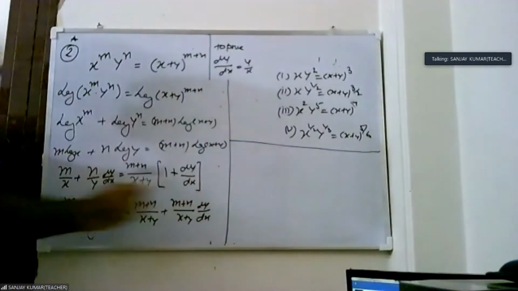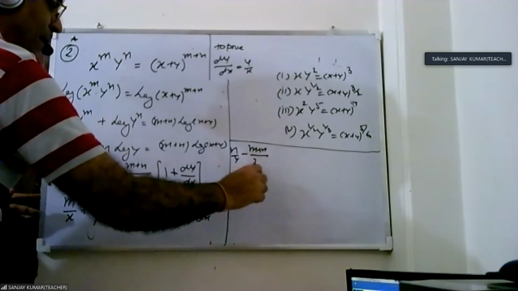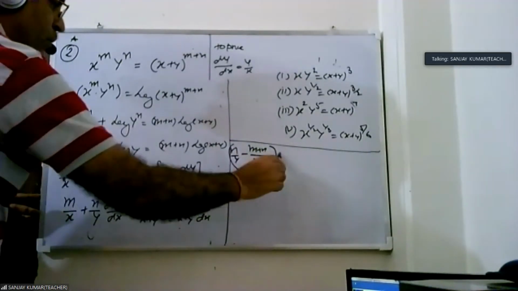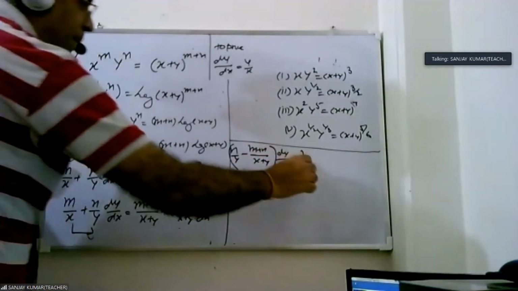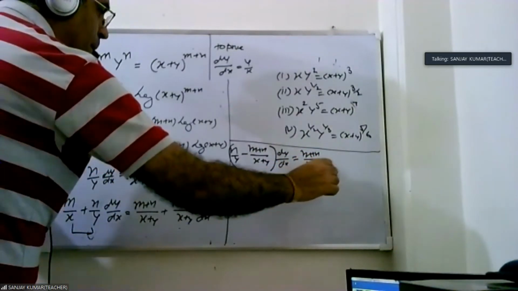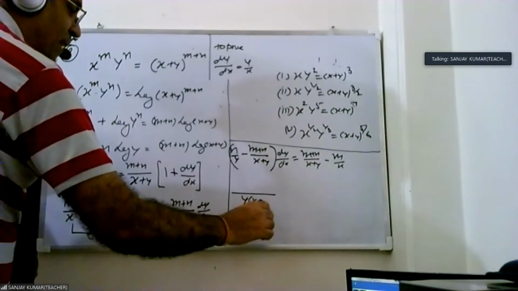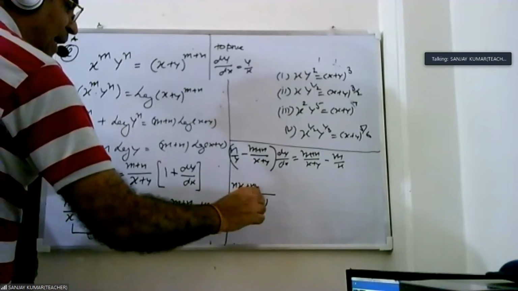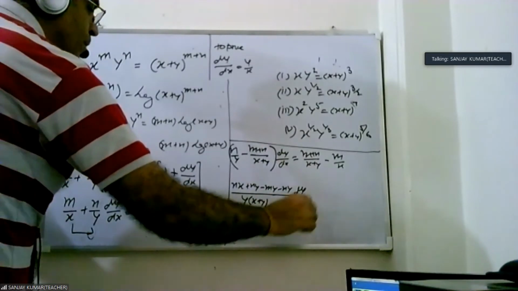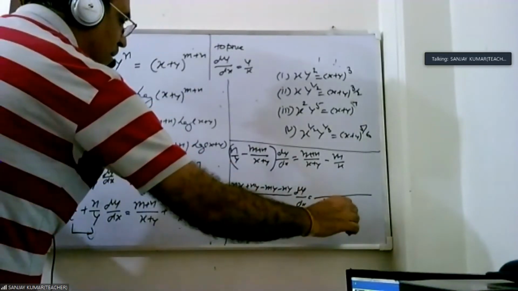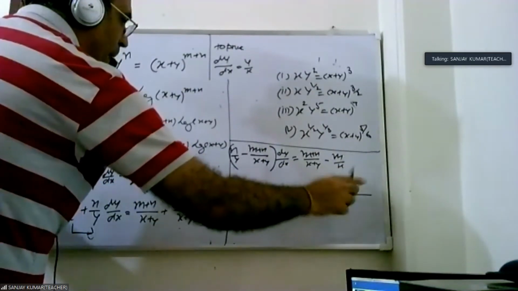Okay, so now we take dy by dx to one side. We apply dy by dx to this side. This is n by y minus m plus n upon x plus y. Then dy by dx is common. We take dy by dx as common, then it equals this thing that goes to that side, that is m plus n upon x plus y minus m by x. Now we take the LCM, that is y times x plus y, that is nx plus ny minus my minus ny into dy by dx. The same thing on the right side, x times x plus y, mx plus nx minus mx minus my.